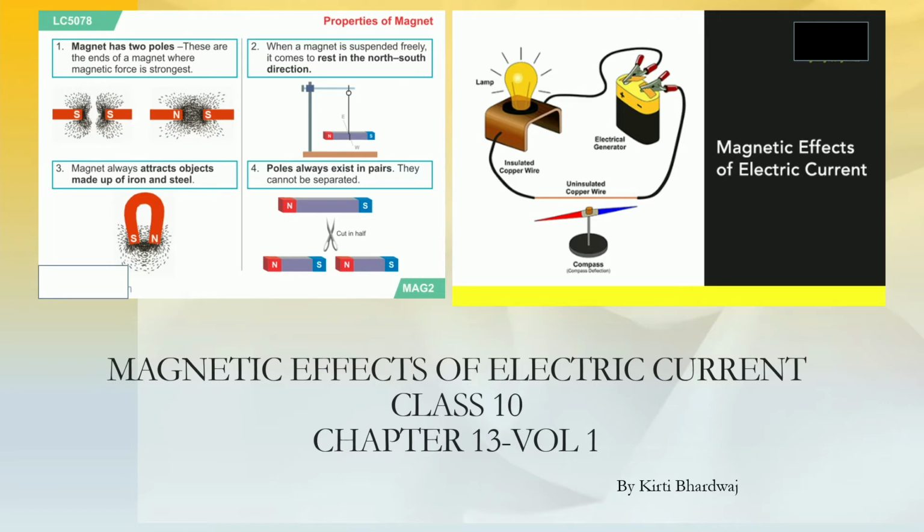Before going for this, let's recall a few facts which we had already studied in our junior classes. So what is a magnet? A magnet is a material that produces a field that attracts or repels other such materials of magnetic nature. Lodestone is a naturally occurring magnet. It attracts materials like iron, nickel, cobalt, etc.